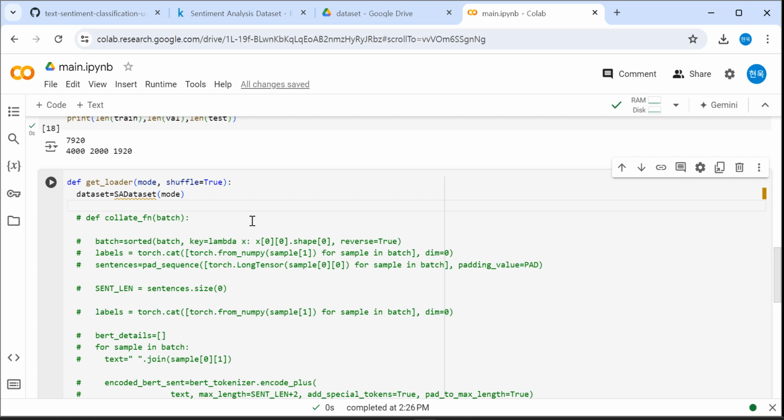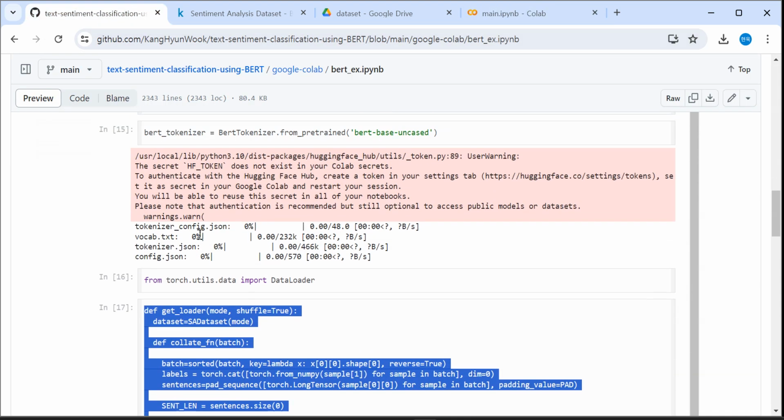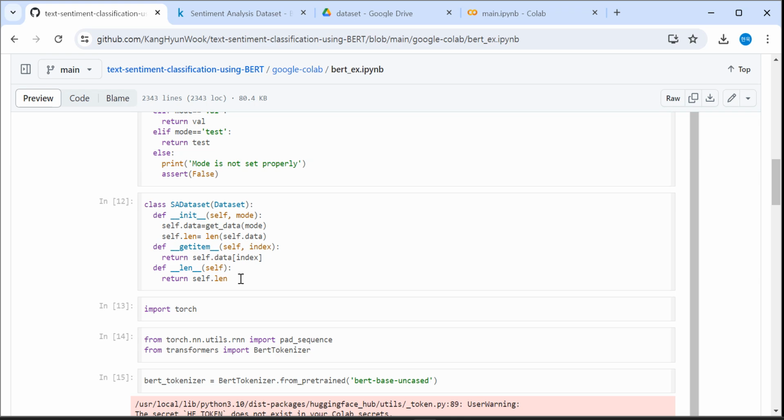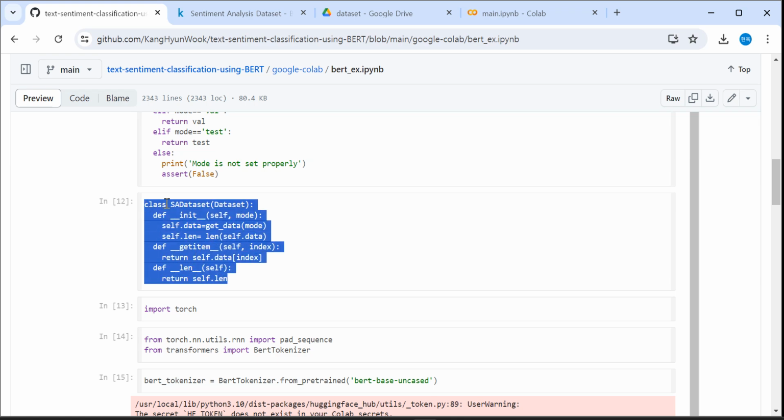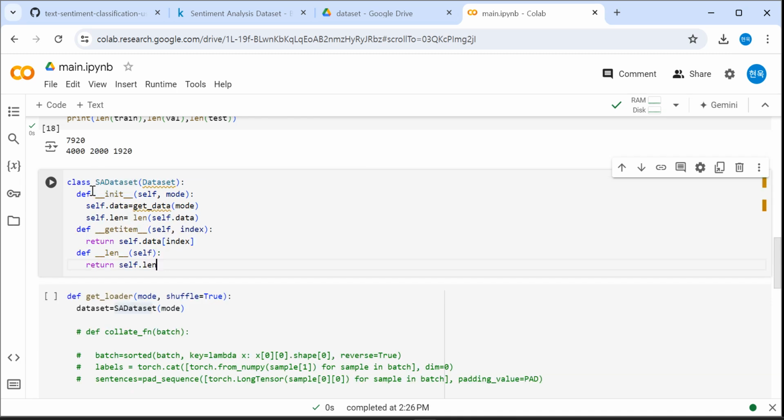So let's create SA dataset class up here. Let's go to this ID, and you can see SA dataset here, and copy this and back to main file and paste it here. Class SA dataset,